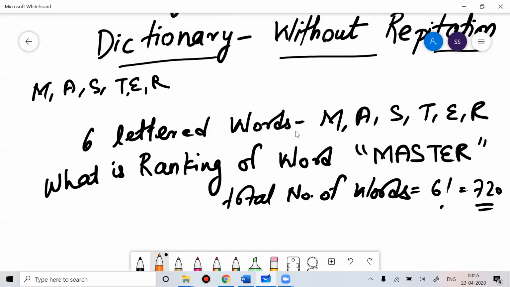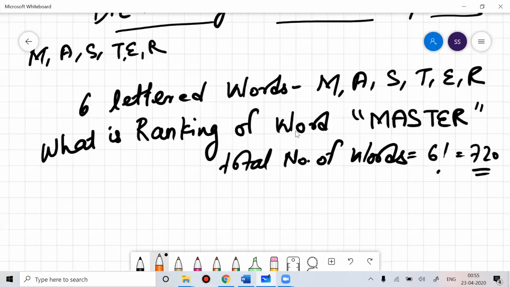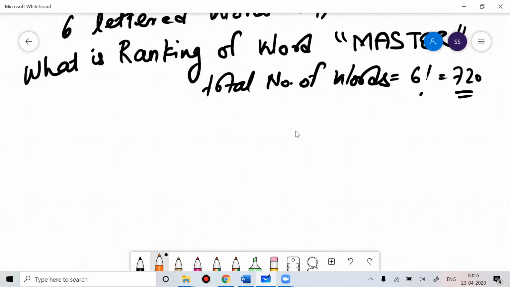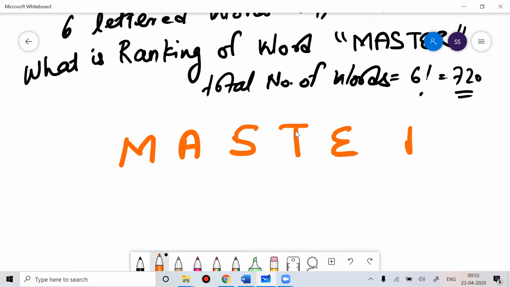Everyone knows 6 factorial. Another way of saying 6 factorial is 6P6. All mean the same thing. Anyway, in that, what would be the position of this word called MASTER? How to do this kind of question? I can write this word called MASTER. Once you have written down this word called MASTER,